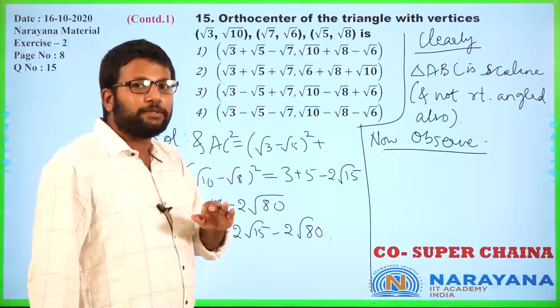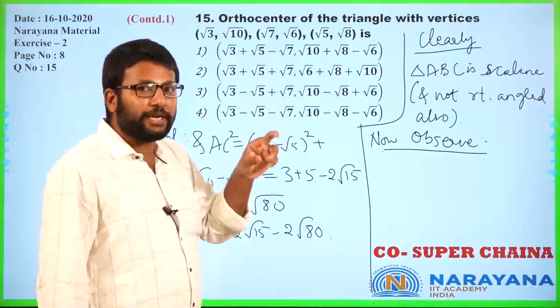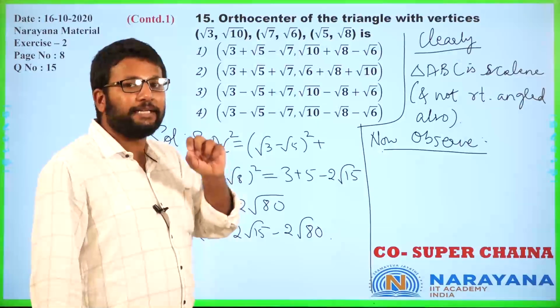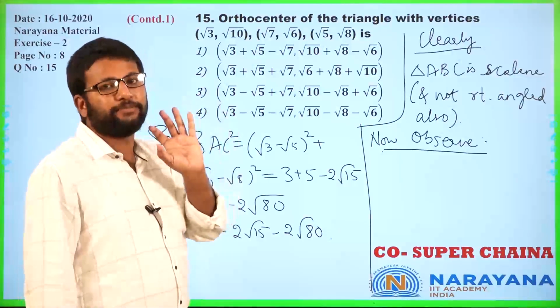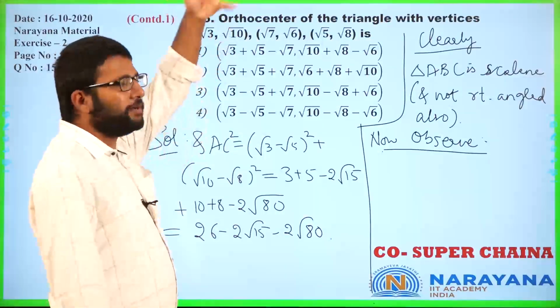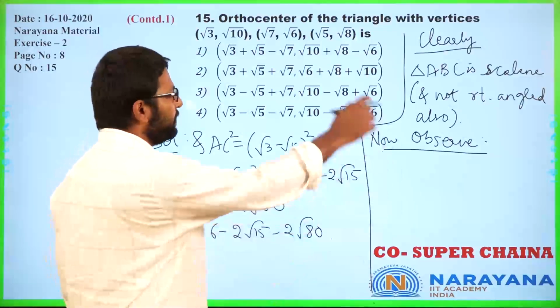Which means I need to get rid of square roots and then I need to add them. How do I do that? Finding distance from origin. Only when you find distance from origin can you get rid of the square root and square. Okay. So, now observe,